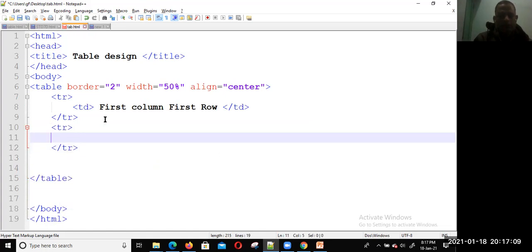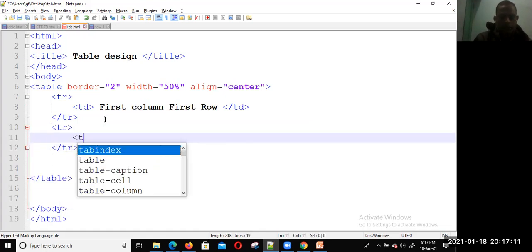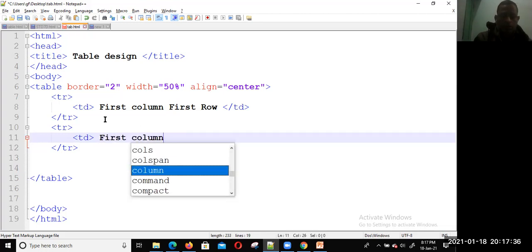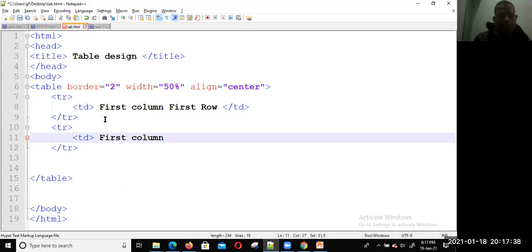Inside the tr we use the td. Here I'm going to create two columns. In the first row I have created one column. In the second row, this is the first column, second row.